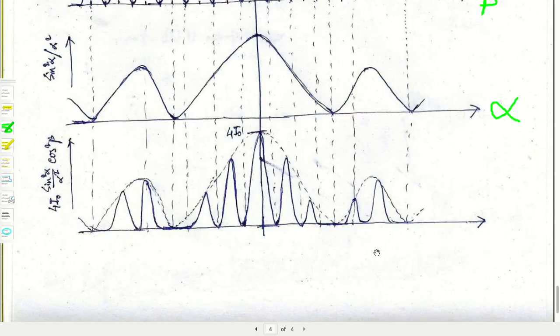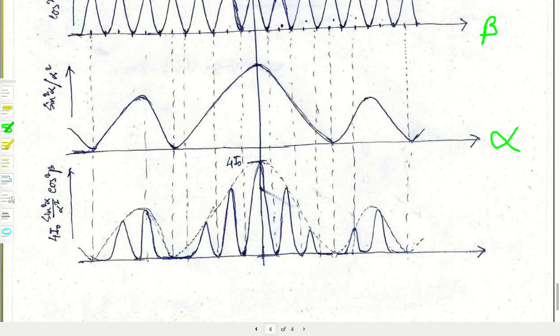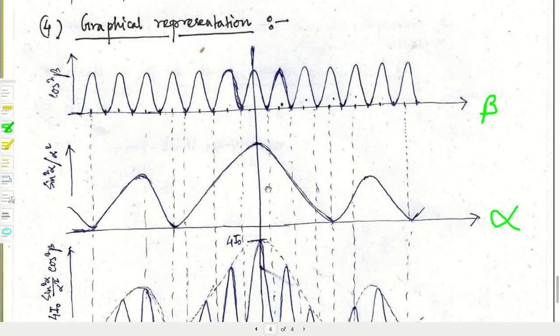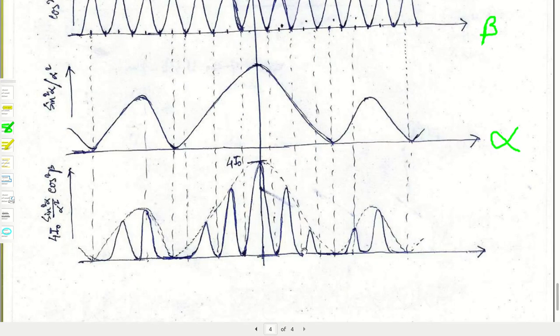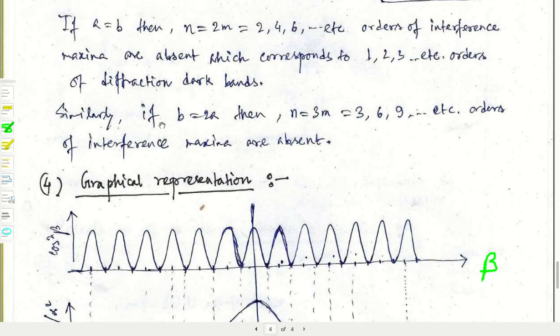Okay, I have forgotten to write the proper angles, but you can understand from here there are 5 maxima within the first central maximum of the diffraction pattern, that is the first envelope. Within this envelope you can find 5 orders, and this is the n is equal to 0th order of interference maxima. This is your n is equal to 1, this is n equal to 2, but n is equal to 3 is missing. So what should be the case? This is the case